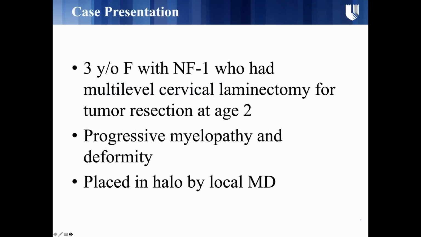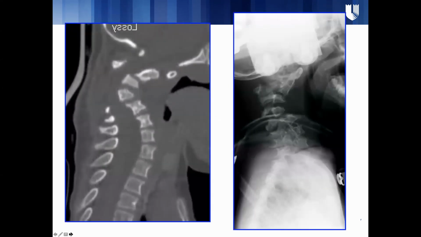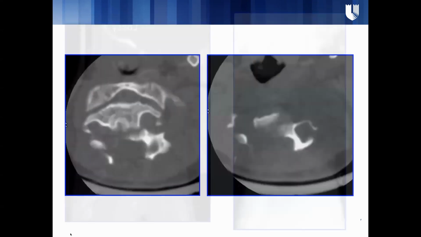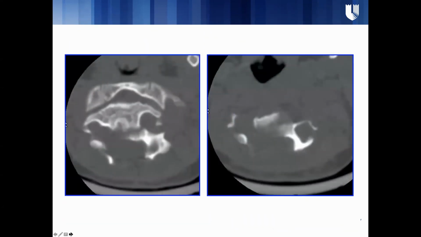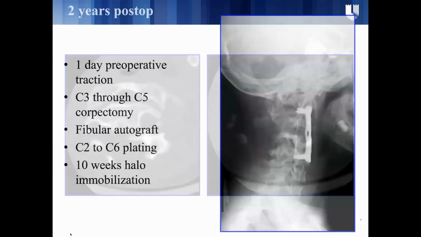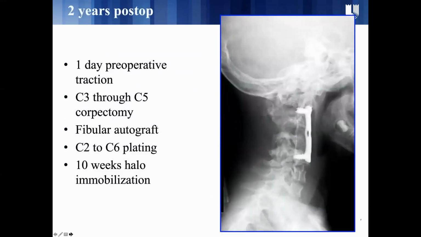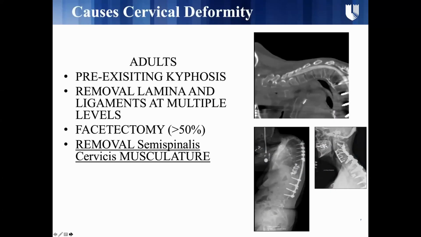This is a patient that I treated years ago, a 3-year-old with neurofibromatosis who underwent a multi-level cervical laminectomy at the age of 2, now with progressive myelopathy, difficulty using her hands and walking, and you can see the severity of the deformity. It's also complicated by very little bone stock in which to fix this. In this particular case, I did brief preoperative traction followed by corpectomies and placement of a fibular autograft and then